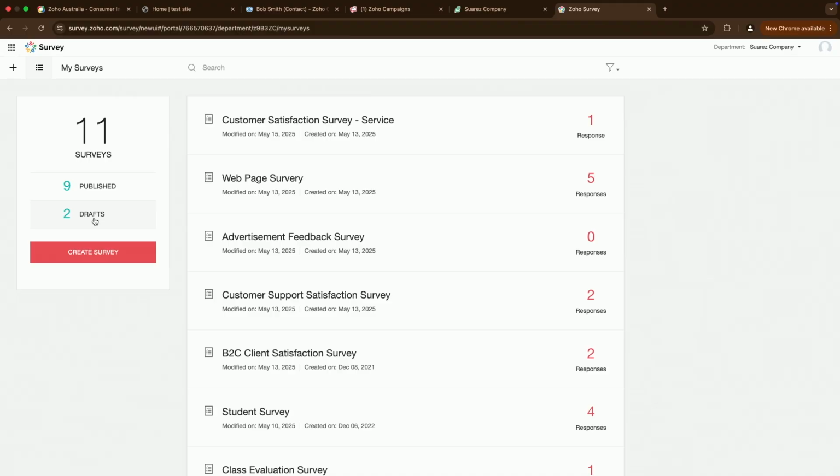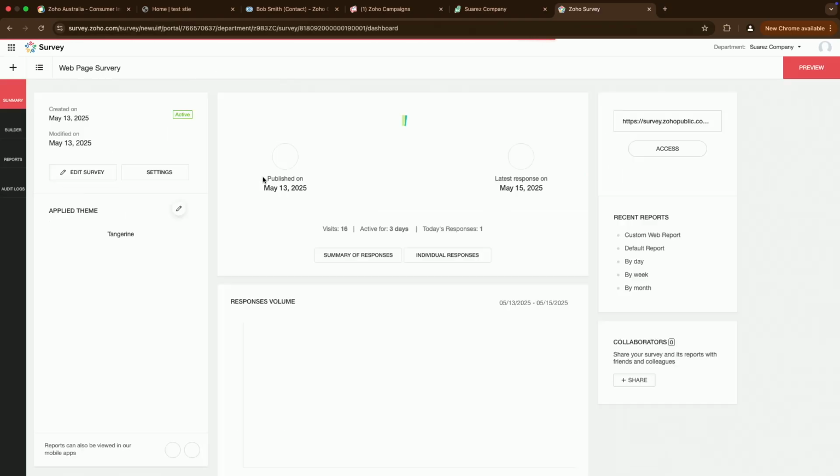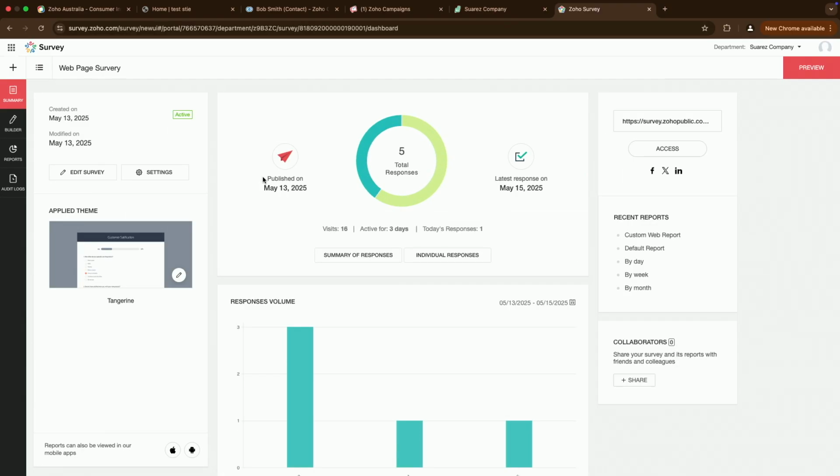So, very minimal UI. I can go straight into that web page survey I was looking at. I can get a glance of the number of responses directly from this homepage. And then just to take a deeper insight, we're going to have access to some dashboards directly on this page. I have on the left-hand side a summary of the survey that we're looking at. In the center, the total responses, maybe the last time I received a response, and a couple other dashboards here